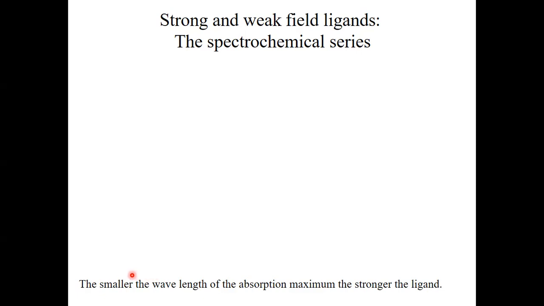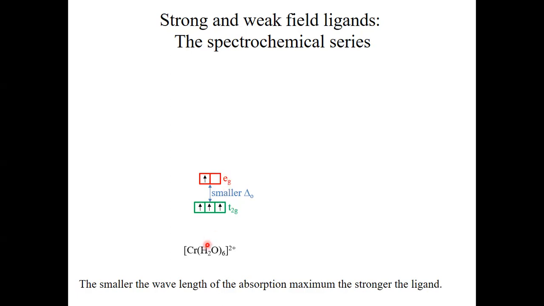that basically links the properties of ligands to the color of a compound. So generally, the smaller the wavelength of the absorption, the stronger the crystal field of the ligand is. So for instance, when we have a hexaaquachromium 2+ complex, then we have an octahedral complex that has t2g orbitals and eg orbitals, and we have a chromium 2+ ion in this case, so we have a d4 ion, so we have 4 d electrons